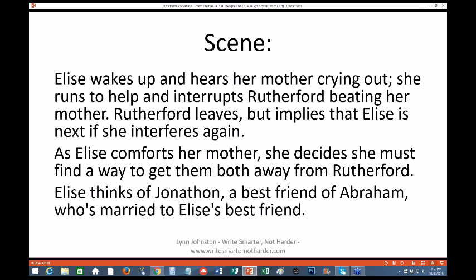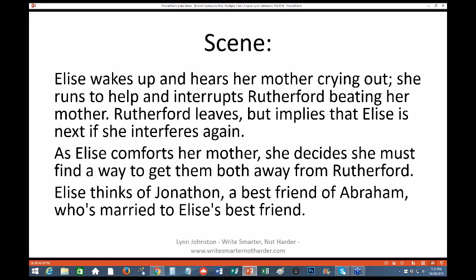So here is one of the scenes that would fall out of that. I would have Elise wake up, hear her mother crying out. She runs to help thinking her mother has fallen and hurt herself, and she walks in and Rutherford is beating her mother, and Elise is going to be shocked. And he's probably going to leave now that she shows up, but he's going to imply that she's next if